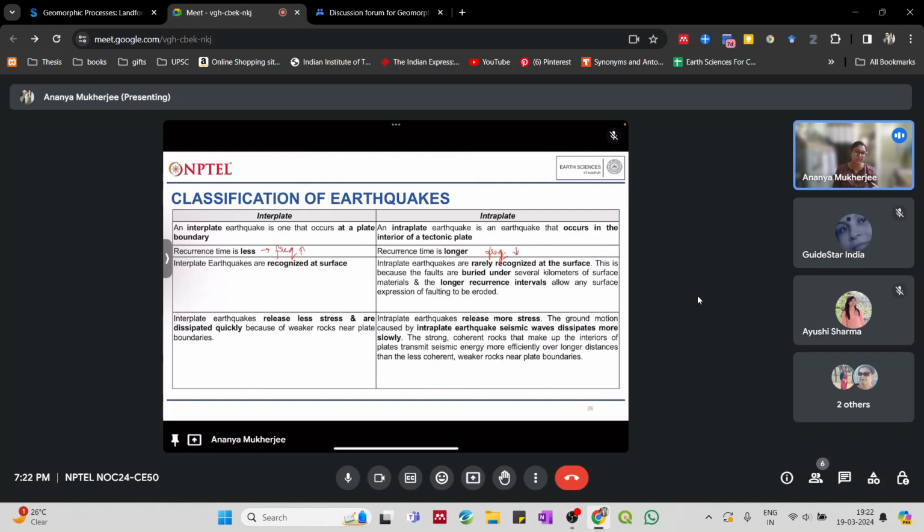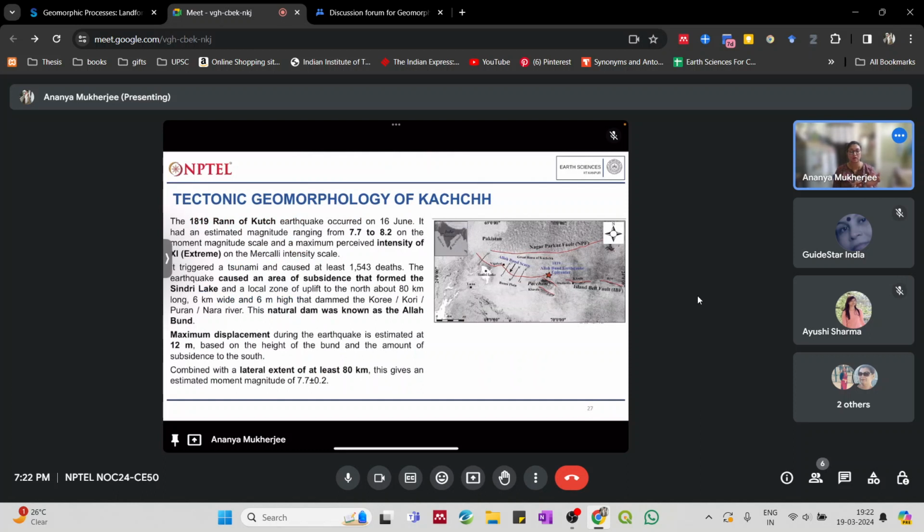We will see some examples of such earthquakes. So, we know about the 2001 Bhuj earthquake. When people started studying the 2001 Bhuj earthquake, a lot of studies actually tried to understand any of